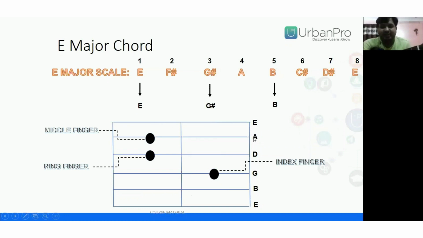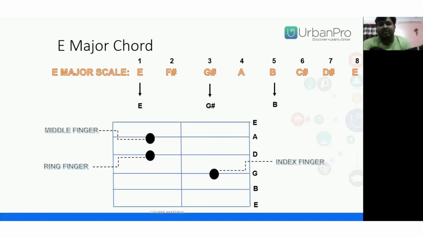Similarly on the A string, out of these 3, the nearest one is B. So after A, the first fret is A sharp, then you get B here, right? Similarly for D, the nearest one is E. Out of these 3, you have to see whichever is nearest. D, D sharp, and then you have E here, on the second fret.